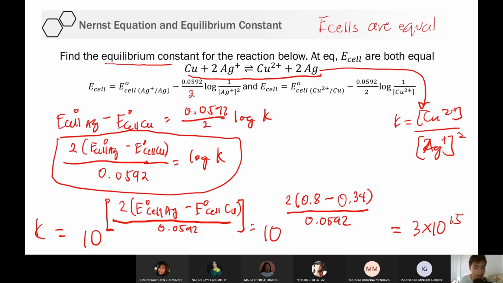Baka sabihin nyo, sir, iba naman sagot sa libro. Yes, iba yung sagot. Kasi yung e-cell nila ay mas maraming numbers. Okay. So, mas maraming numbers, ibig sabihin, mas magbabago to. But again, 10 raised to 15 naman siya. So, yeah. That's the idea. Nakuha pa rin naman natin yung times 10 raised to 15. So again, the answer in the textbook is 4.1 times 10 raised to 15. Ang nakuha natin is 3 times 10 raised to 15. Because of the e-cell. Ang e-cell sa libro ay maraming numbers. Marami siyang decimal place eh. Nakaka-apekto yun dito. Okay? So hindi siya kasing easy ng equilibrium, no?